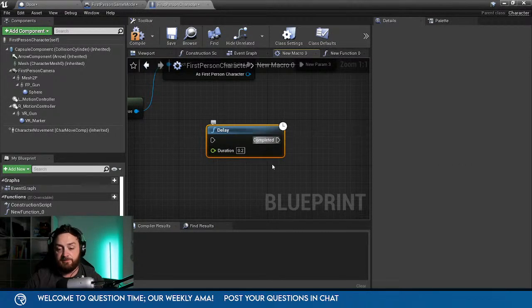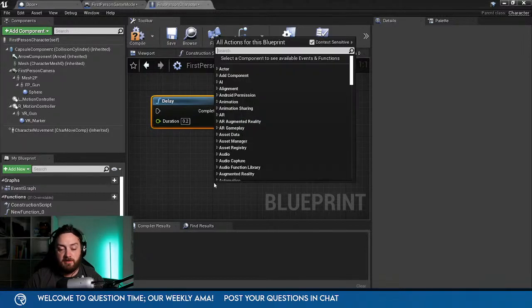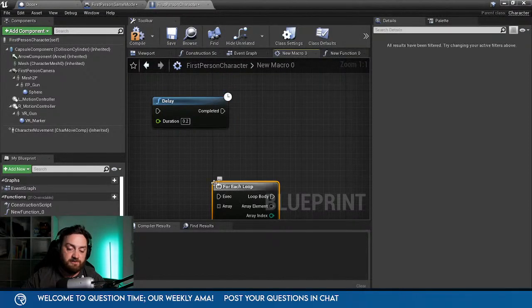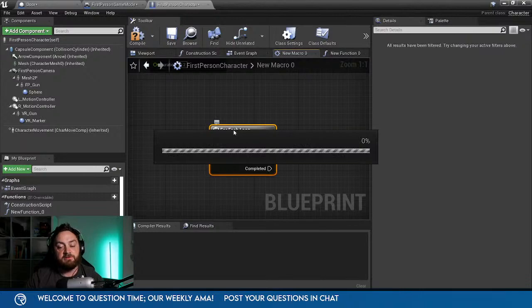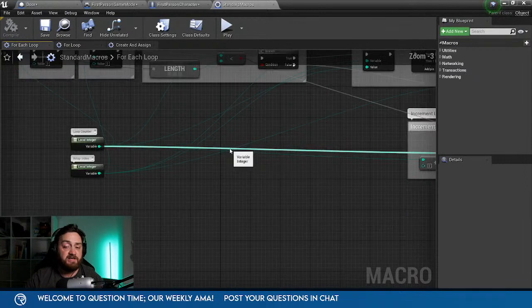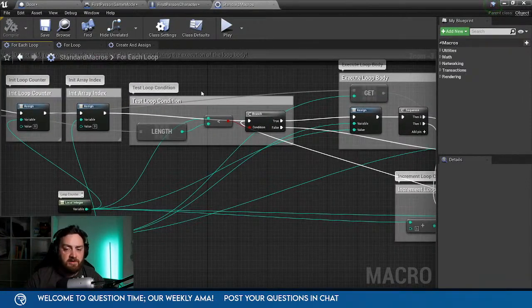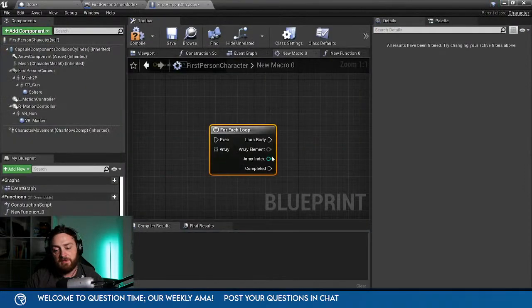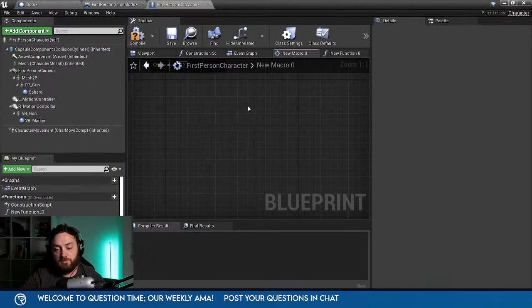It saves you a lot of trouble. For example, a for each loop is a macro, because doing this every time you loop through an array would be a nightmare. You can make standard macros like this available elsewhere too. Whereas a function would be something you can call up and want to change something on another actor or do something with its variables.